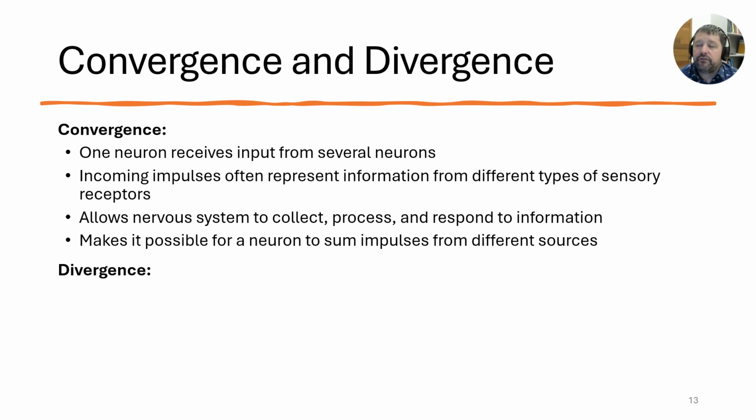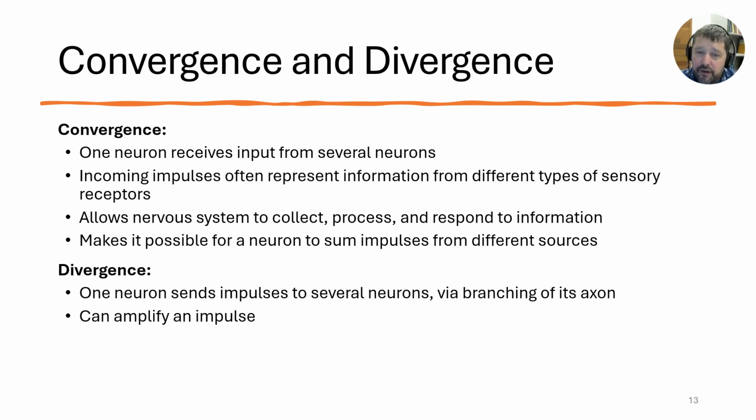And it's allowing the nervous system to work more collectively. It can process that information, respond to that information, and it doesn't have to be a one-for-one neuron connection. It's many to one, and so you can get a response that's much faster. Okay? And different sources receive different feedback.